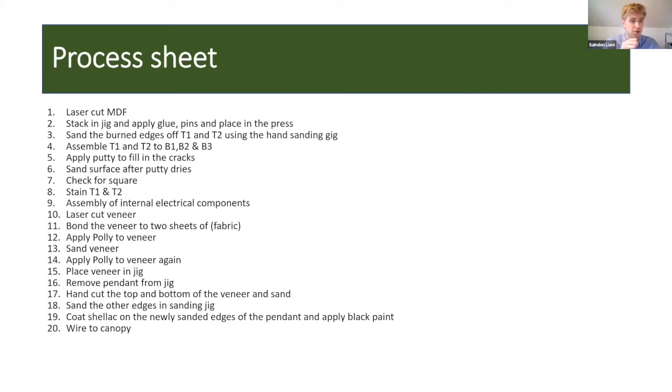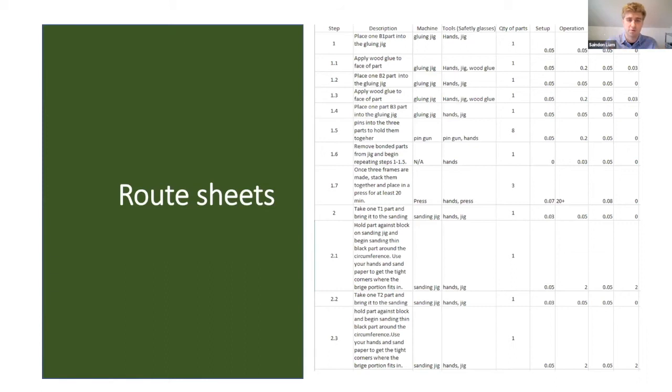creation of process sheets and route sheets. A process sheet is basically just a list of steps that have to go in that particular order for you to get the pendant. And each one of these numbers, all the way 1 through 20, corresponds with a route sheet. And the route sheet is, I guess, an even more in-depth look at the process sheet. It gives you how long it's going to take, what you're going to do, the machines used, the